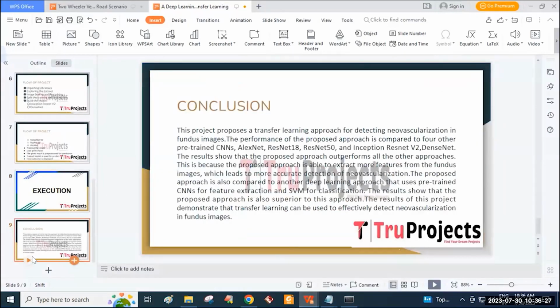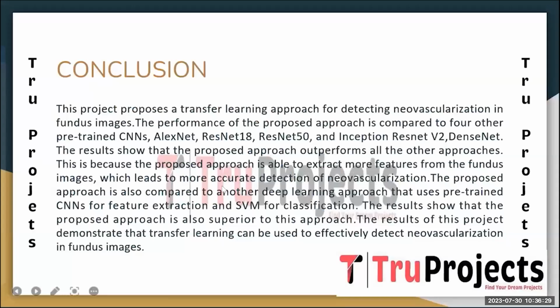And in conclusion, the project proposes a transfer learning approach for detecting neovascularization in the Fundus images. The performance of the proposed approach is compared to 4 pre-trained CNNs: AlexNet, ResNet, ResNet 50 and the Inception ResNet V2 DenseNet. The results show that the proposed approach outperforms all the other approaches. This is because the proposed approach is able to extract more features from the Fundus images, which leads to more accurate detection of